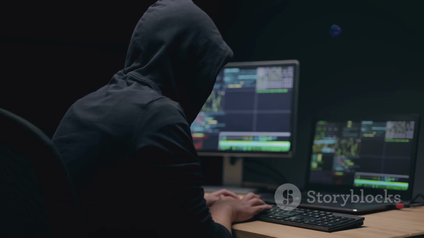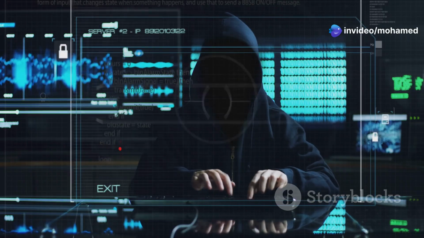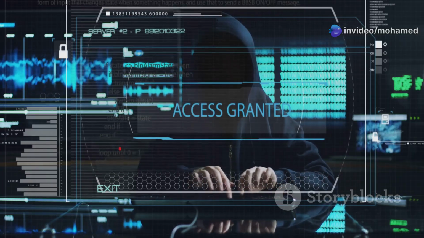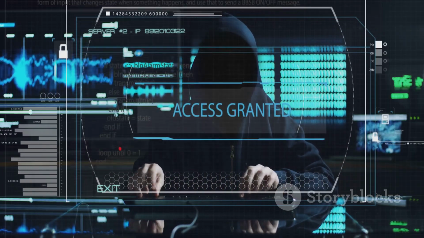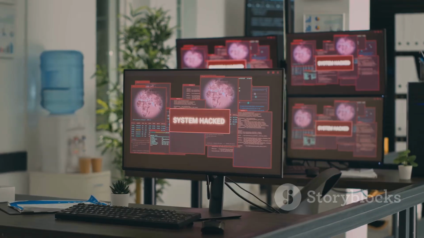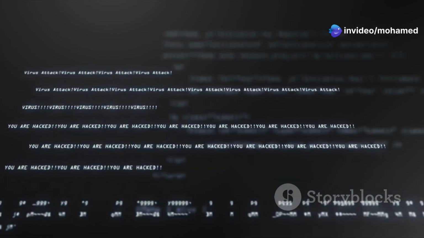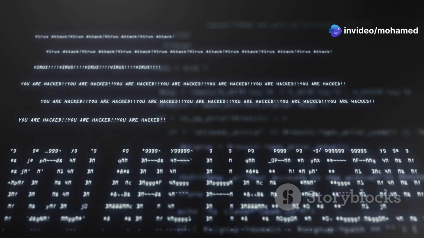Let's put NSE to work with real examples. Use the vuln category to scan for hundreds of common vulnerabilities. nmap -sV --script vuln 10.0.0.1. Nmap will flag outdated software, misconfigurations, and even famous bugs like Heartbleed. To check for Heartbleed specifically, nmap -p443 --script ssl-heartbleed